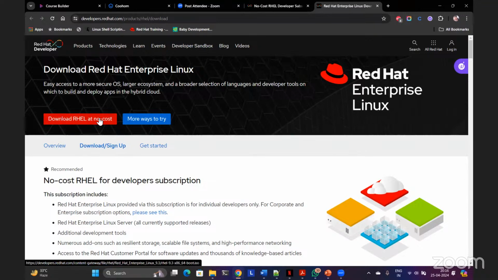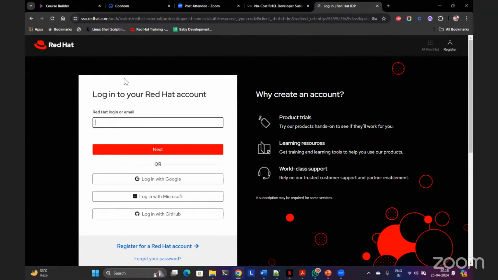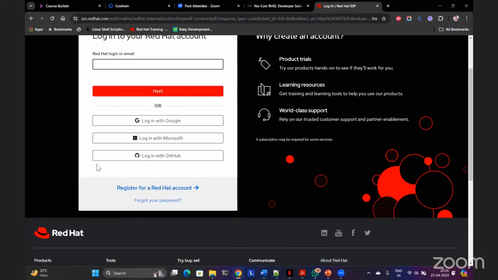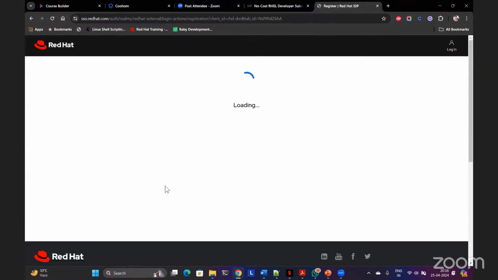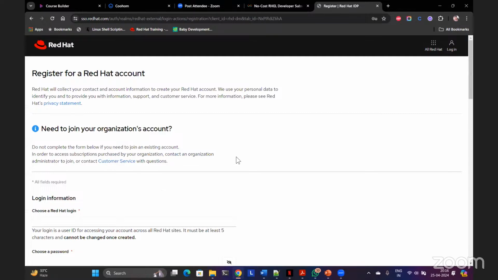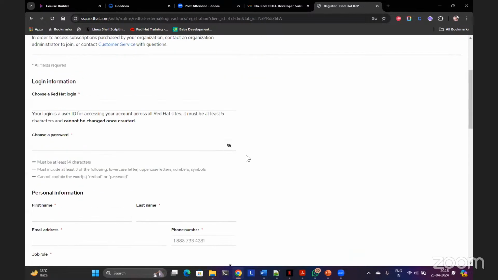So don't worry about login and registration, because when you click on the download RHEL red button, it will automatically take you to the login page, just like this. I have the account, I can fill in my details. What about you? You can register. For the first time, if you are visiting this page, register. Register for a free Red Hat account. It's simple, just click on it. It will open a page, a form, fill in the values, and that's it. You will be registered and you will get a 1 year free license. That's it. Simple. You register and you get the license for 1 year.